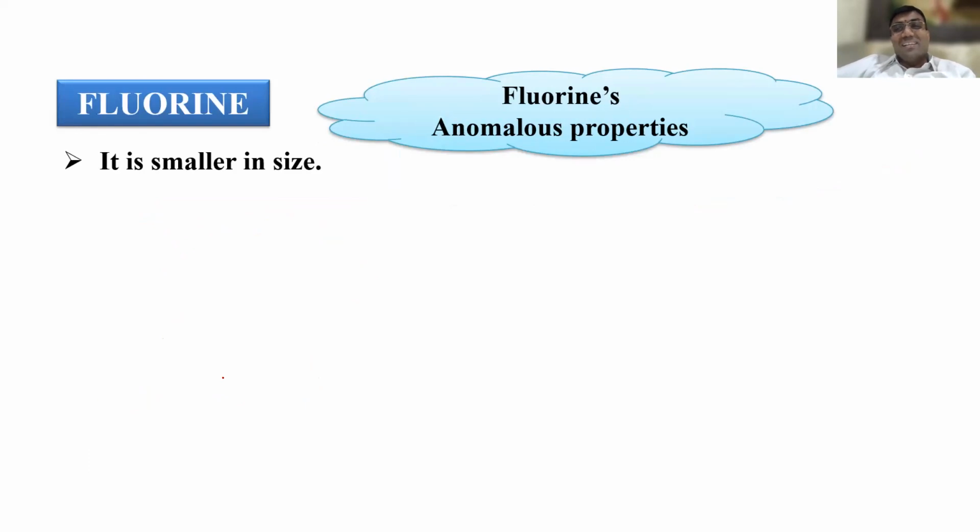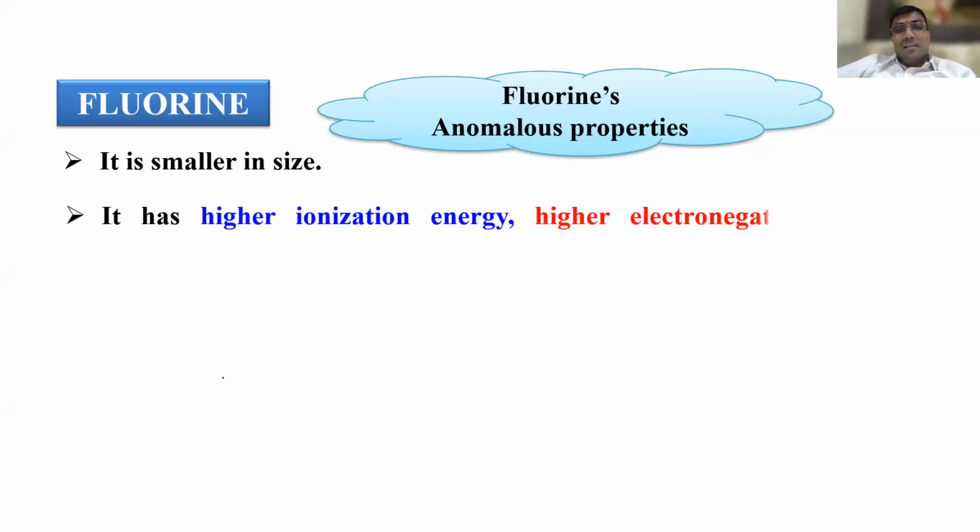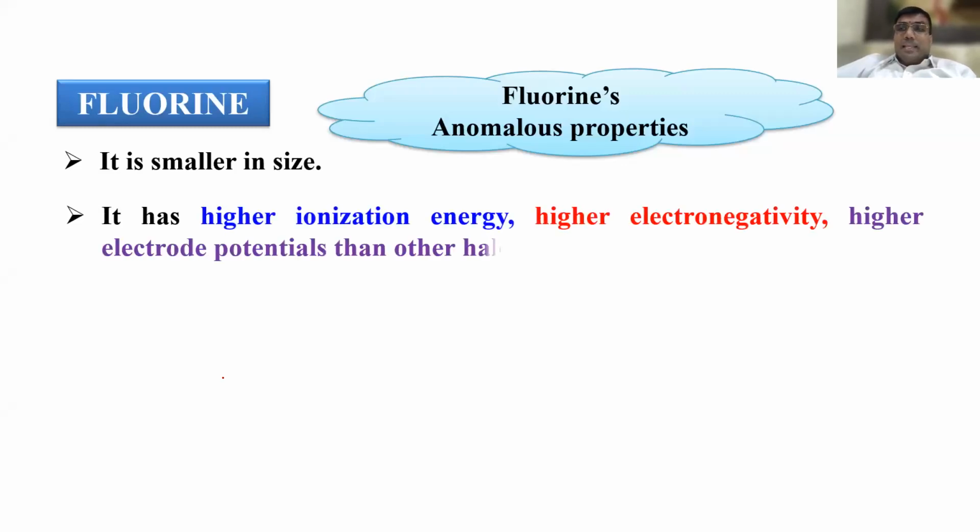Why? Inter-electronic repulsion, right? Its bond dissociation energy is less important. Those two are important for complex examination. I conveyed already, the F-F bond is unstable. Naturally, it has the highest ionization energy because of small size, and high electronegativity because it wants one electron. It has a high, positive electrode potential, 2.87 I suppose. So it's a good oxidizing agent, right?